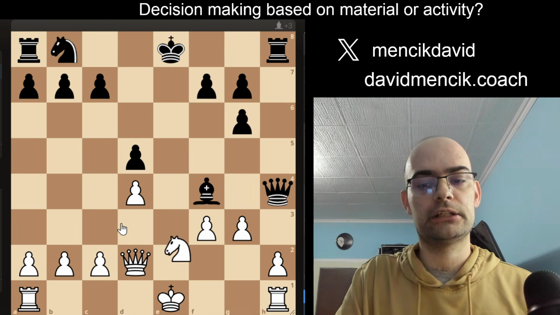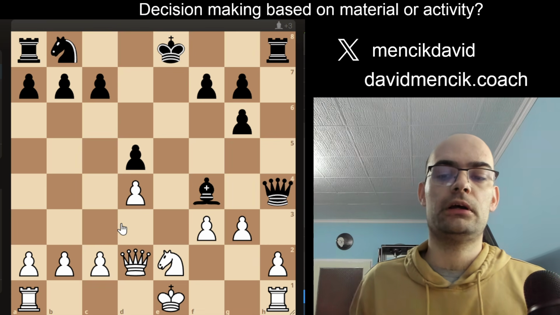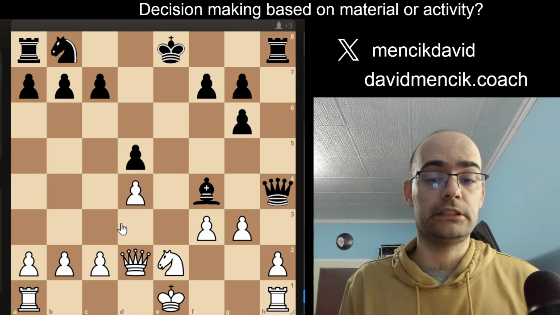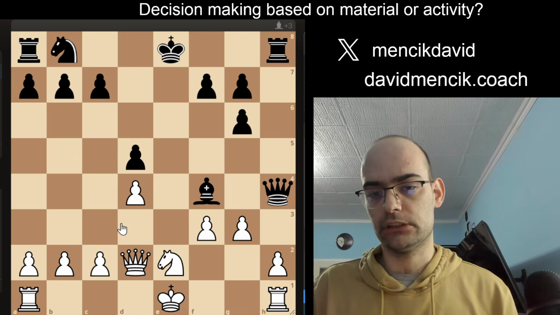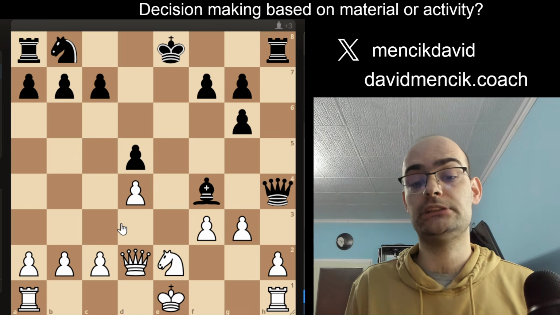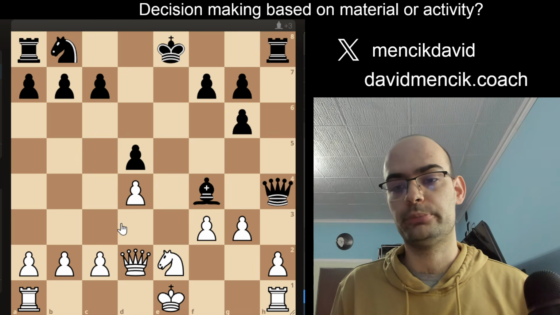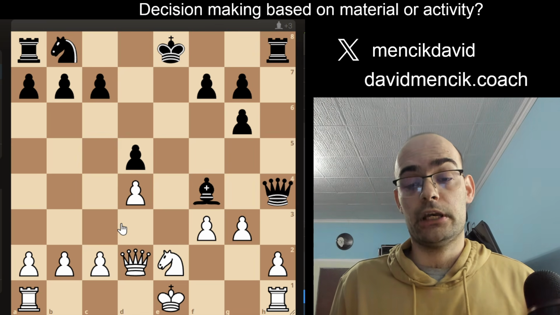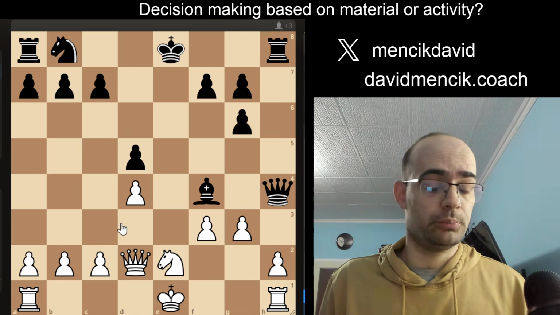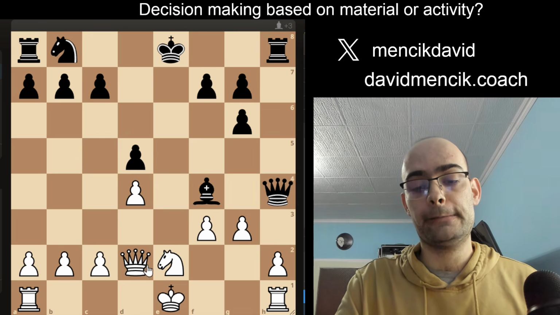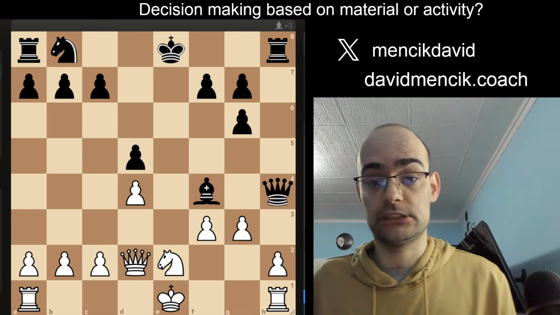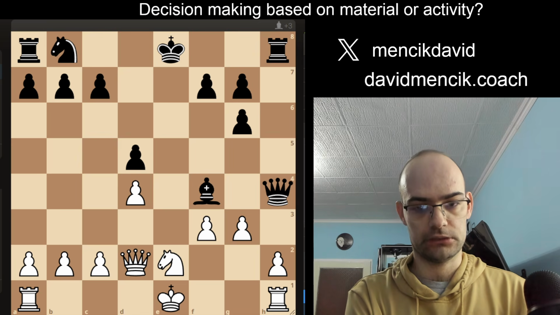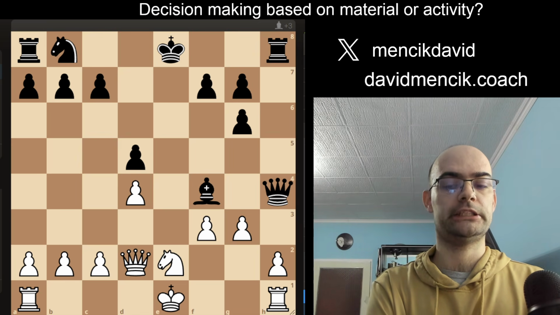Alright, so coming back to the starting position, here we have a very interesting position where white can take on f4 with the queen or with the knight. Taking with the queen would lead to an equal position. Taking with the knight would lead to a clearly better position with best play for black. And queen g3 would lead to a completely lost position. So winning material doesn't always win us the game. The king is the most important piece, and having a weak king will negate all the material gains in many situations.